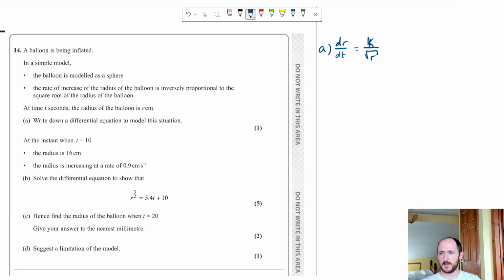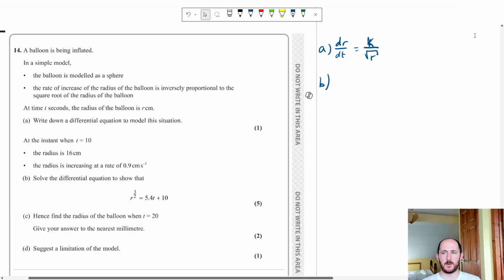There we go. And that's it for part A. And it gives us some additional information. So right at the instant when t is 10, the radius is 16, the radius is increasing at a rate of 0.9, and so on. Solve the differential equation to show that. Okay, so because it says,